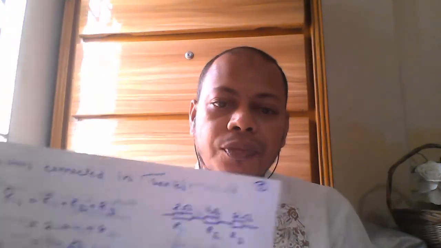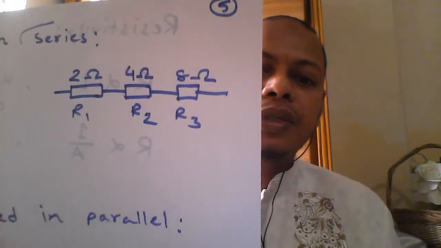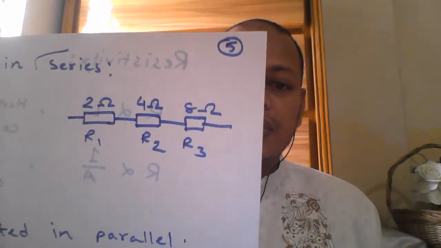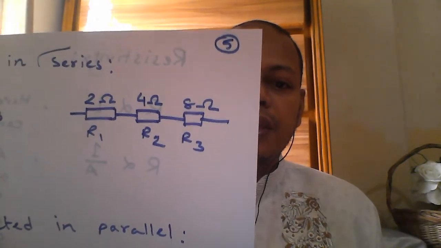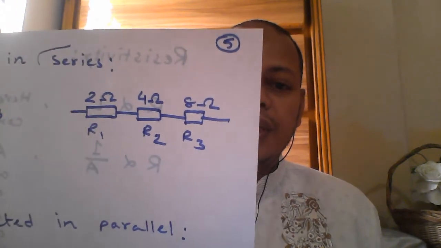I am showing you in the diagram. Look, here there are three resistors, R1, R2 and R3. They are connected in series, one after another,